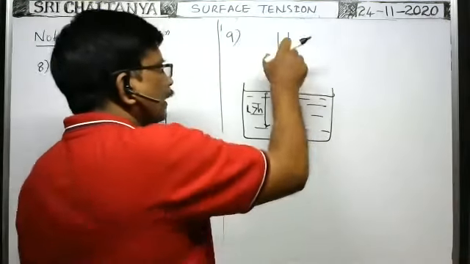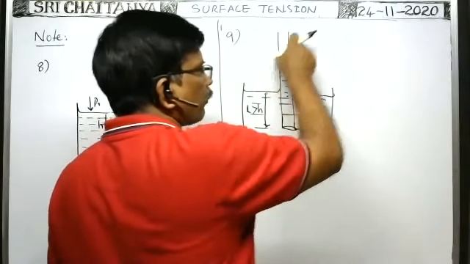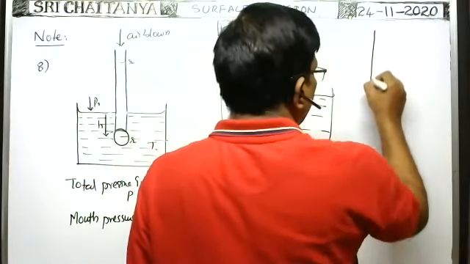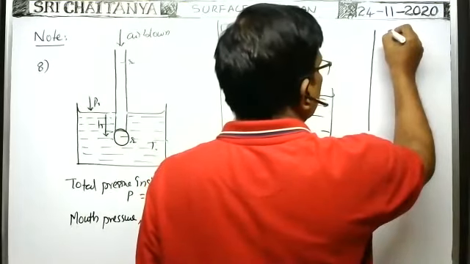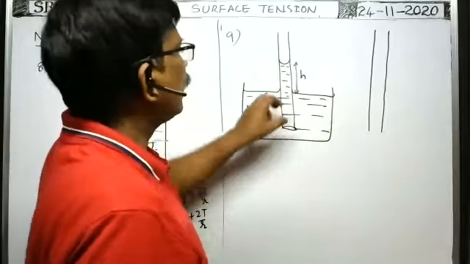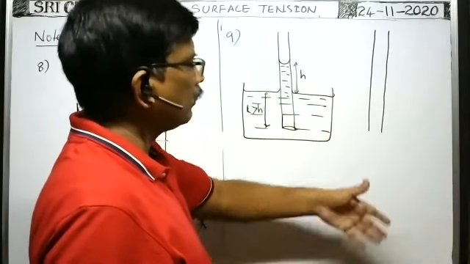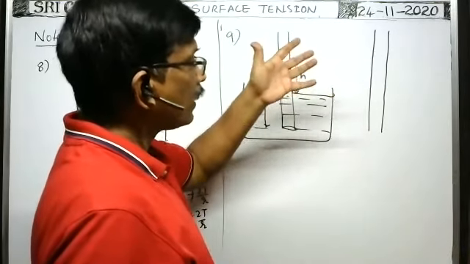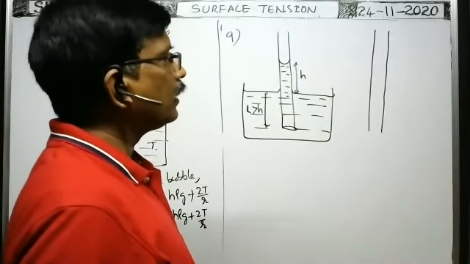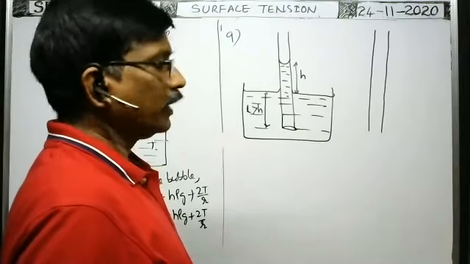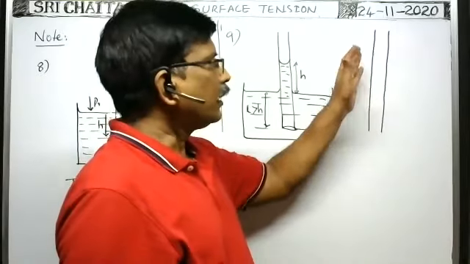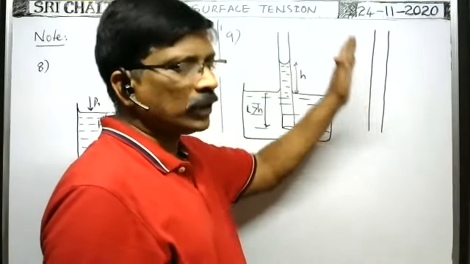Now you remove this capillary tube from the beaker and keep it vertically. When the capillary tube is removed from the beaker and kept vertically like this, then some liquid comes out drop by drop and falls. What is the length of the remaining liquid column in the capillary tube, or what length of the liquid column will be held by the capillary tube without falling?